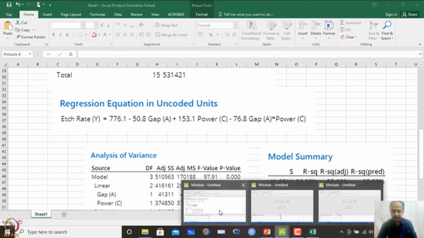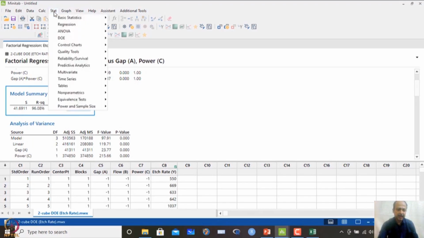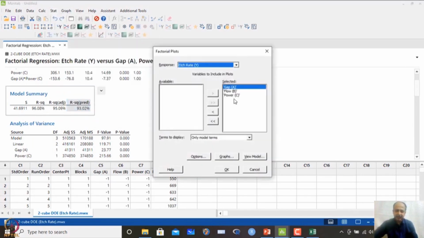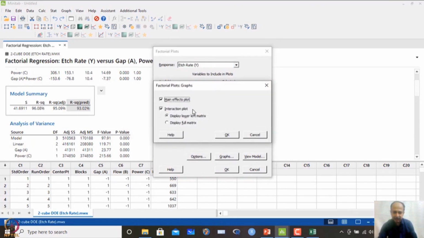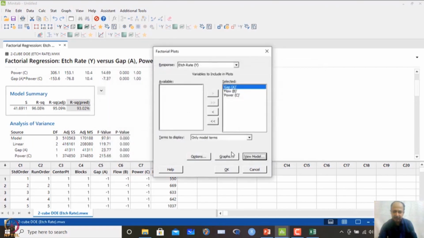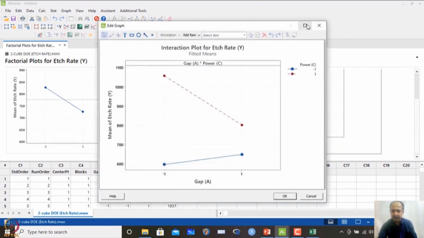So now I have eliminated some of the unnecessary factors, which is B over here. So the prediction model is developed based on A, C and AC interactions, like that. Okay, then what you can do is just see the factor plots over here. So I can have the factor plots over here. In this case we will include etch rate, and in options I want the interaction plot to be visible, main effect plot and interaction plots. So in this case, view the model A, C and AC, these are the terms that are considered. If you click OK over here, then you will find that the AC interaction is shown over here. So the interaction plot is given,